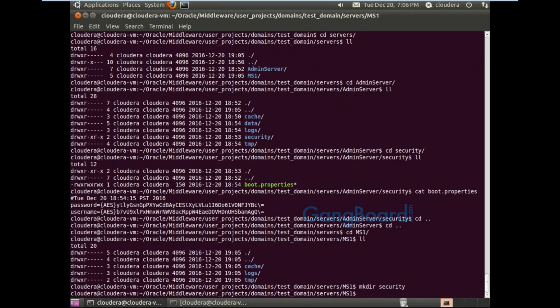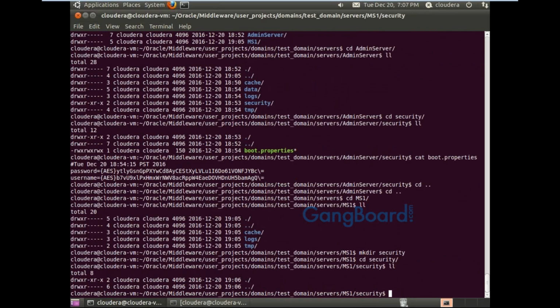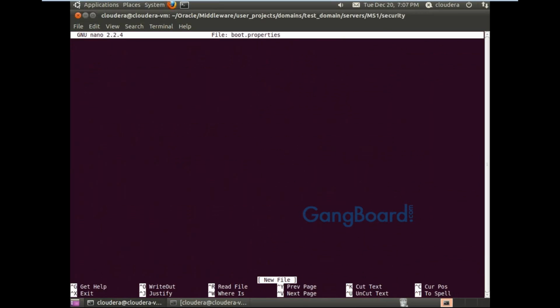If you do not provide the boot.properties, every time it will ask for the password in the console and it will create problems for you.